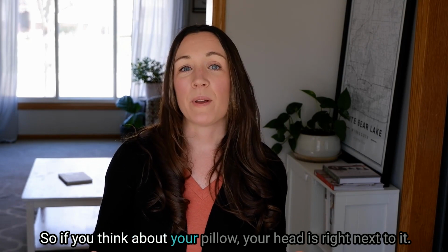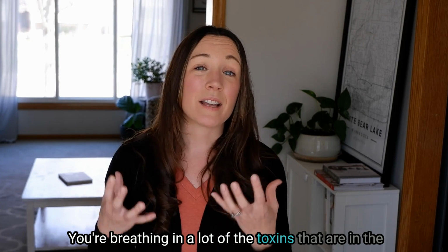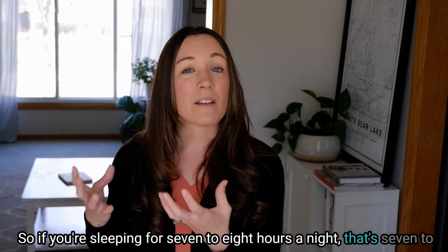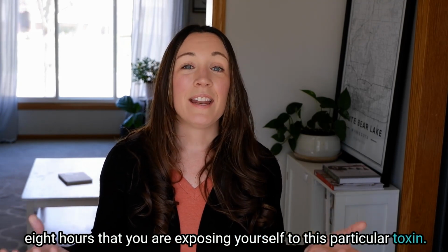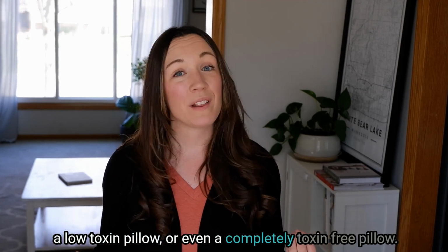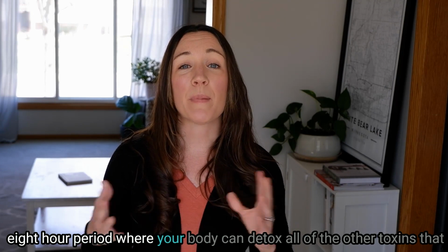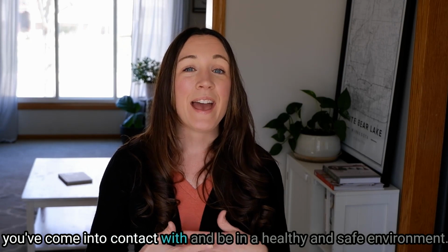So if you think about your pillow, your head is right next to it, you're breathing in a lot of the toxins that are in the foams that are in pillows nowadays all night long. So if you're sleeping for 7 to 8 hours a night, that's 7 to 8 hours that you are exposing yourself to this particular toxin. Now, in contrast, if you were to switch it out and bring in a low toxin pillow or even a completely toxin-free pillow, imagine what you could do for your health and wellness in that 7 to 8 hour period where your body can detox all of the other toxins that you've come into contact with